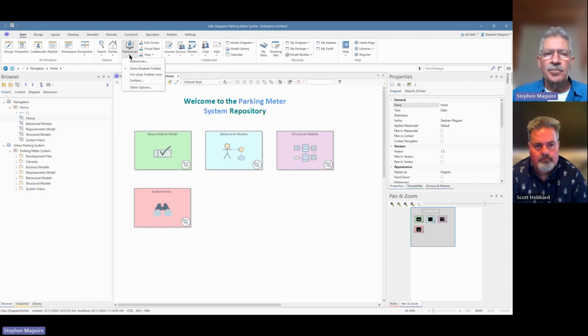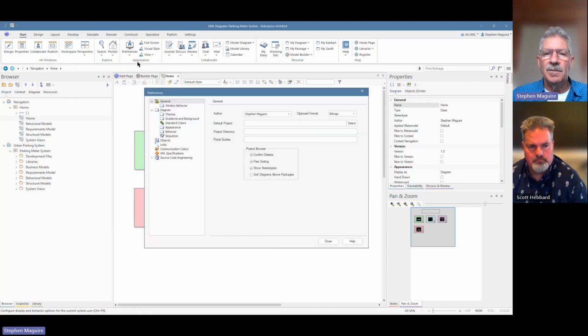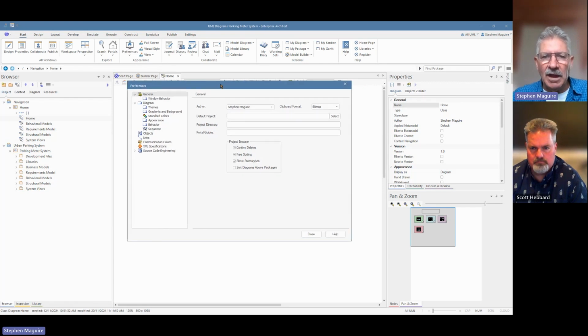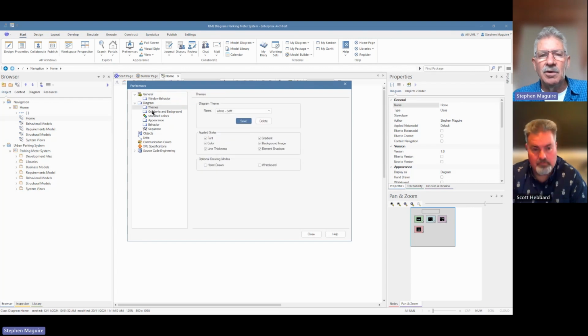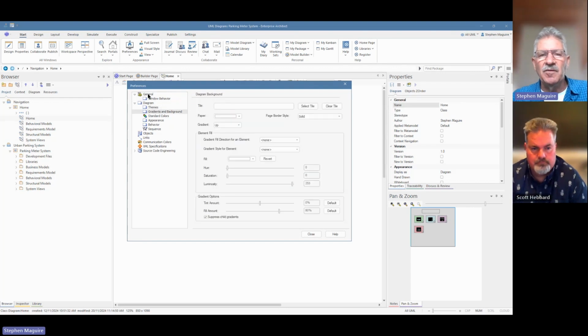So we'll drop that down, and there are a few options here that we're not going to look at, but you can use large toolbar icons. You can use toolbars if you want, and other options there. We're going to focus on the preferences window. That pops up there, and you can see that we've got a window with a little tree view on the left-hand side. That's our way to navigate. So when we navigate through there, we can bring up various panels that have specific types of features